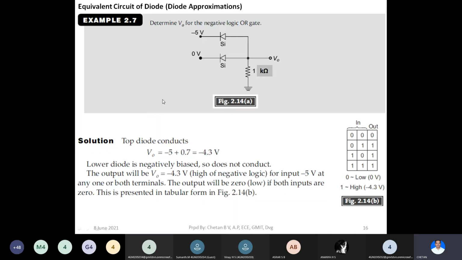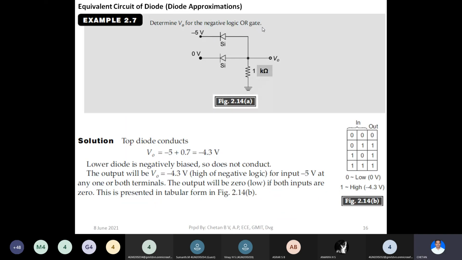So here in this example, this is again a textbook example. We have a peculiar circuit called a logic OR gate, negative logic OR gate. First of all, these gates, that is OR gate, AND gate, XOR gate, NOT gate, NAND gate, NOR, all these gates come under a category of electronic circuits called digital circuits, which I have told in the very first class, that is the introductory class of this subject. All these digital circuits work on something called voltage levels or logic levels. These logic levels are logic 1 and logic 0.